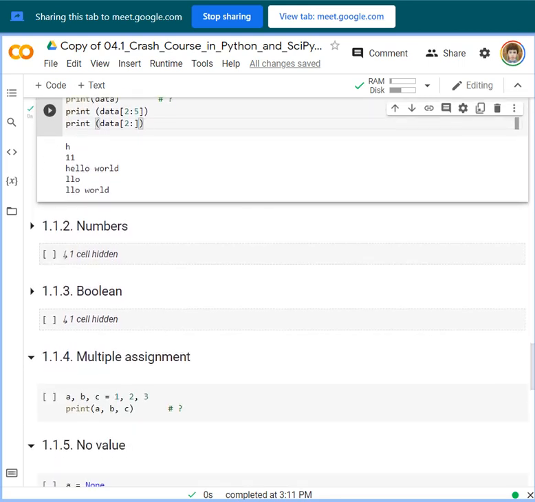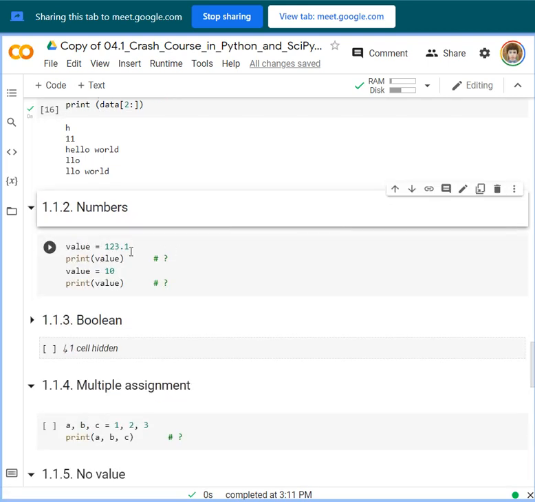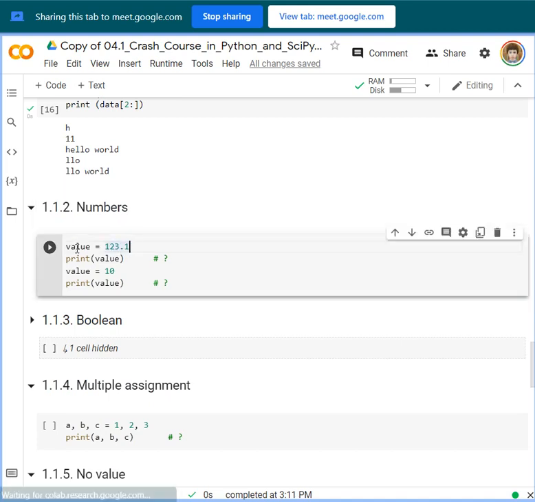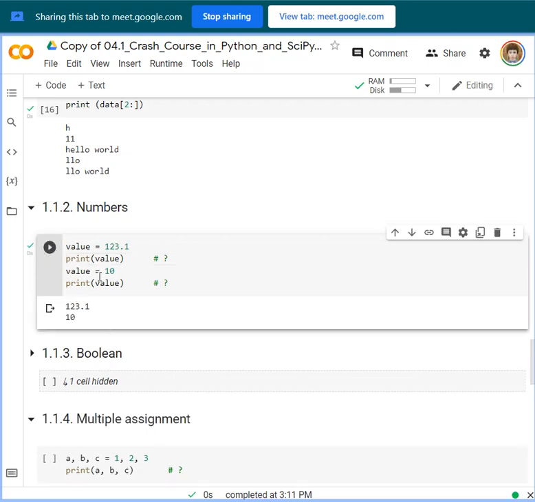Now let's go to numbers. How do we assign numbers? For example, here we have 123.1 assigned to value. If we print this, obviously it will print out.